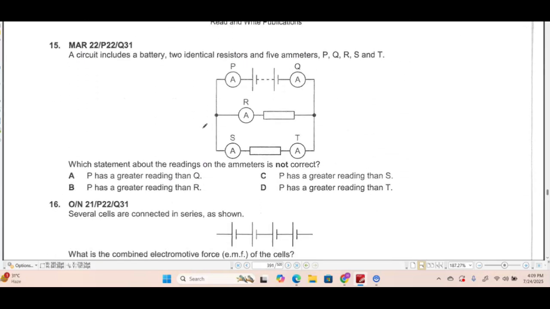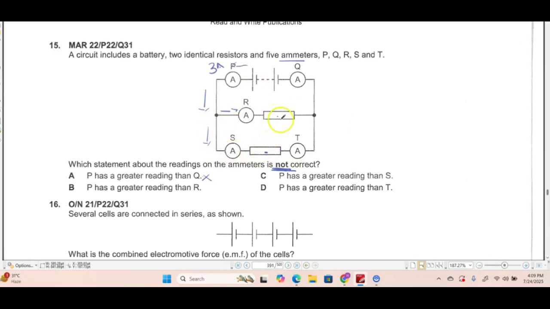Moving forward to question number 15. The circuit includes a battery, 2 identical resistors, and 5 ammeters P, Q, R, S, and T. Which statement about the reading on the ammeters is not correct? The first option is P has a greater reading than Q. Yes, this is not correct because the current starts to flow from here. It will have a value of say 3 amperes. It is going to go over here and some of the current is going to go over here, and some of the current is going to go over here